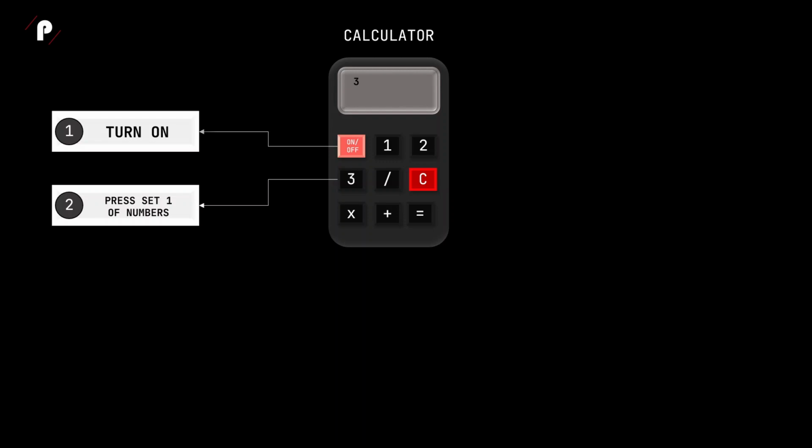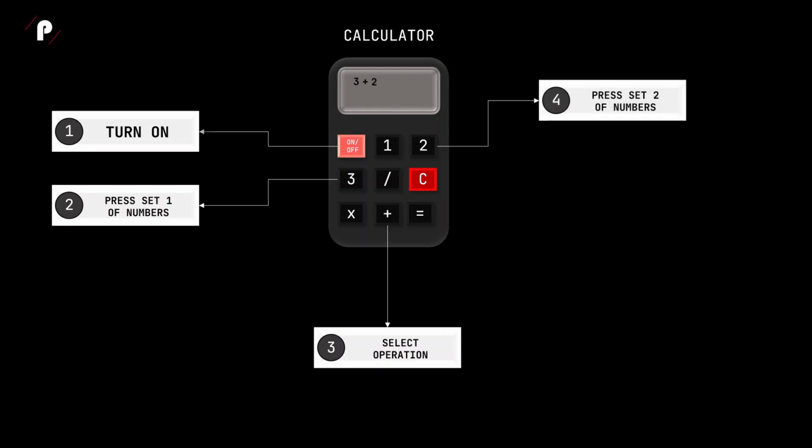In step number 2, we are going to type the first set of numbers. It can be 321, 312, 231, and many other combinations. In step number 3, we select the operation when the first set of numbers is done. The operation can be add, subtract, multiply, or divide. In step number 4, we need to type the second set of numbers, which is needed to execute the operation